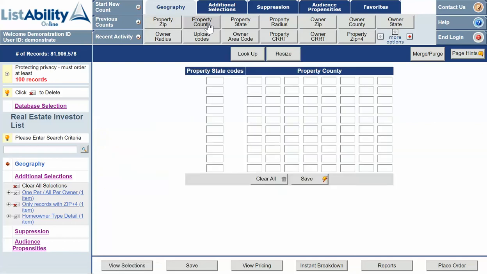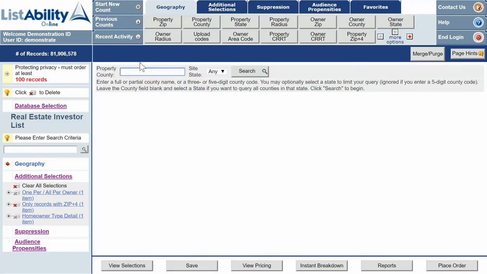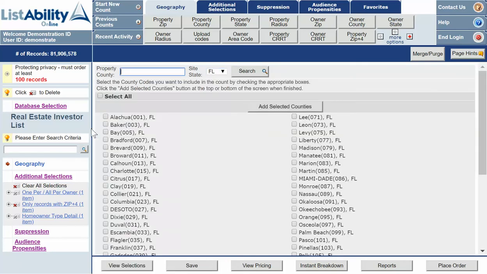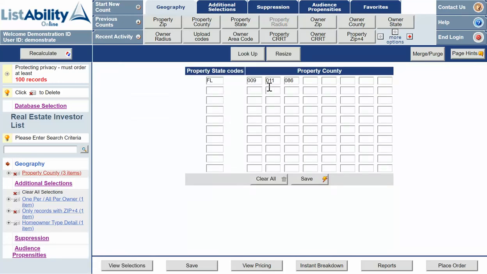I just clicked on property county and then look up. From here you can type in a county name or go to the drop down, select a state, then click search. This will bring up all the counties in the state. You can check the counties you want and then add selected counties. This brings the county codes into the grid. For the sake of the demonstration, I'm going to clear all,